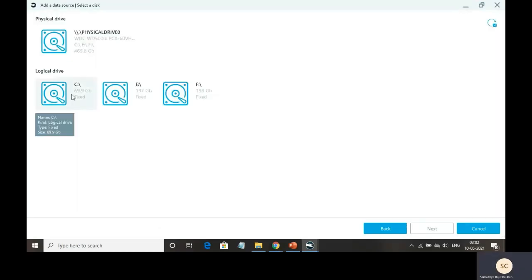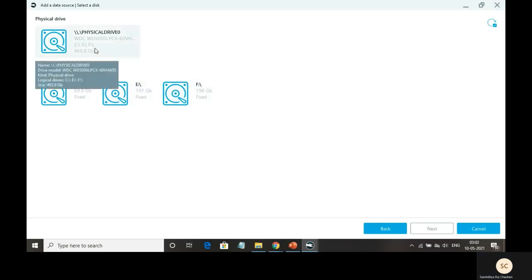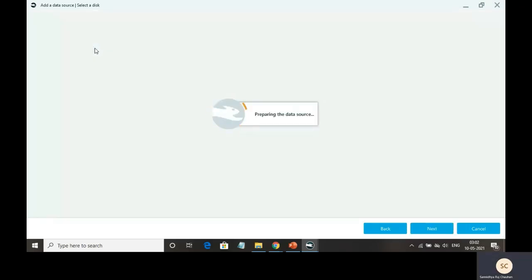So here all the logical drives C, E, and F are given. Wherever we want to add the data from, we can select those drives. And this is the physical drive, that is the total drive present in our system. So I've selected that, and let's see what options are present afterwards.